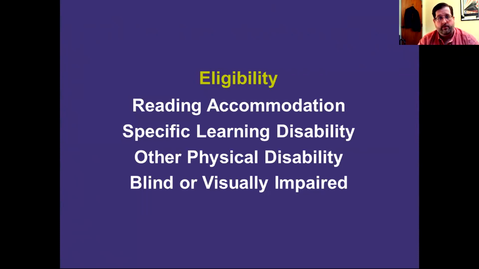Most of these should be common to all of you. Reading accommodation is probably the one which seems the most outside of what might be your normal experience. From our perspective, the professionals at the school who are evaluating the students, who see their work and who have done an examination of where that student is, can make a determination that a student may not need special education designation, doesn't need an IEP, but does need accommodations to be able to succeed in school. This could be a 504 in a formalized sense, or in some cases,